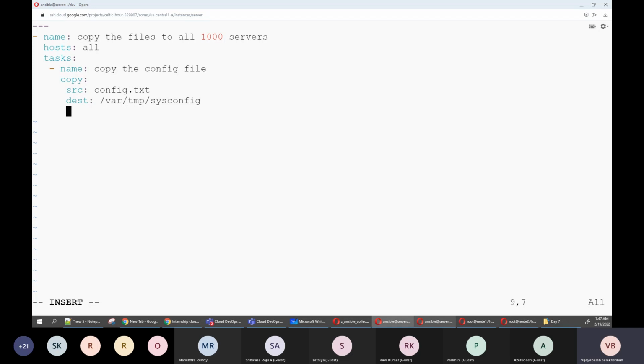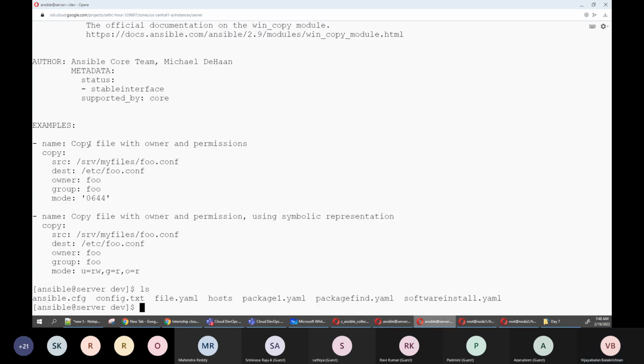If you want, you can put an ownership name: owner root, group also root. Permission also you can give. So mode, you can also give like this, or you can leave it.